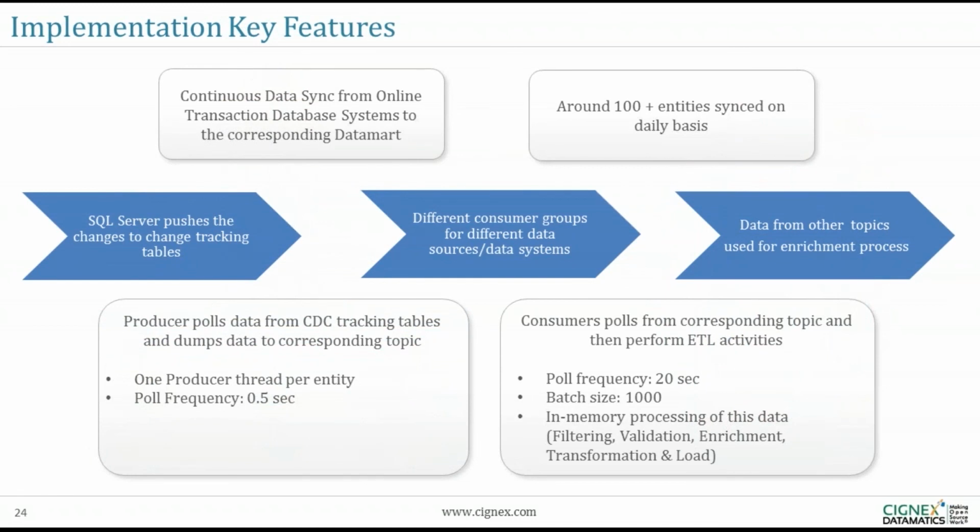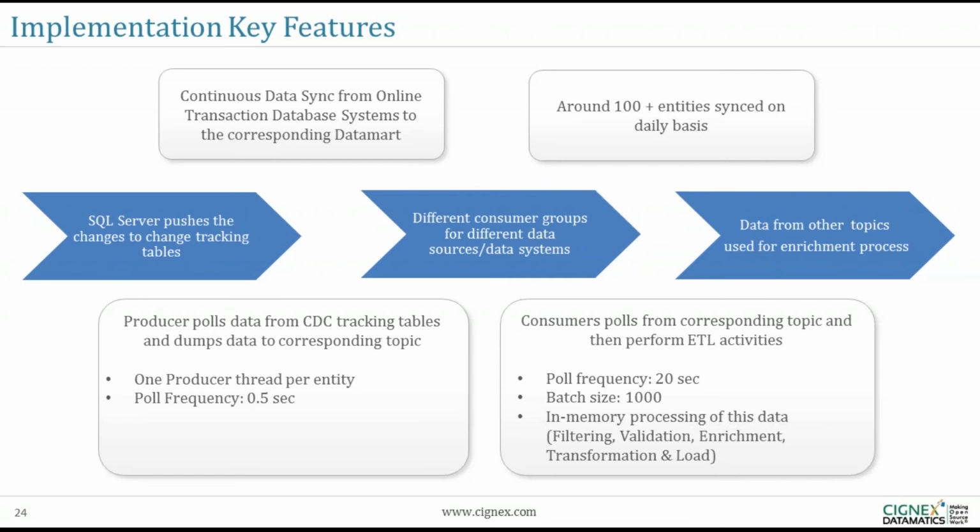At a high level, what did we implement? We had, on one hand, as I said, a database, an online transaction system, which was in continuous syncing with the corresponding data mart, the new data warehouse that we developed. When you're doing that, as I mentioned, latency is our main thing. We need the data to be consistent very, very fast. So we had to tune the parameters and a lot of configurations, which helped us achieve what we wanted.